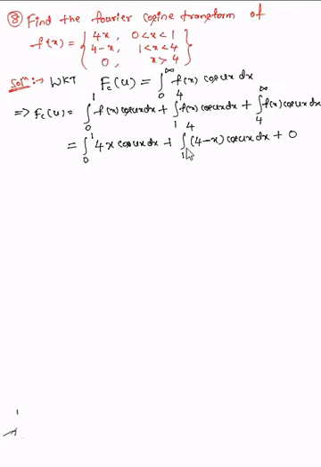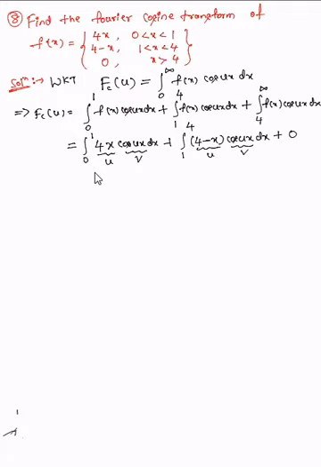So let us integrate, we get cosine. How to integrate? See here, you can observe that there is a product: 4x into cos ux, and 4 minus x cos ux. Once we have a product, you can integrate that by using Bernoulli's rule. So let us apply Bernoulli's rule and integrate this. First select u and v. Algebraic is always u, the other one is v. So I'll select 4x as u, cos ux as v. Same thing here, 4 minus x as u, cos ux as v, and apply Bernoulli's rule now.